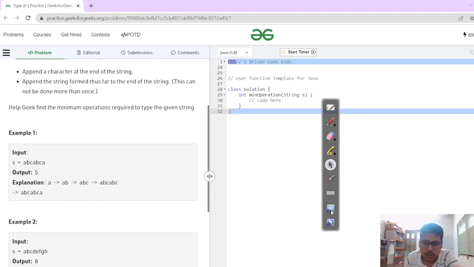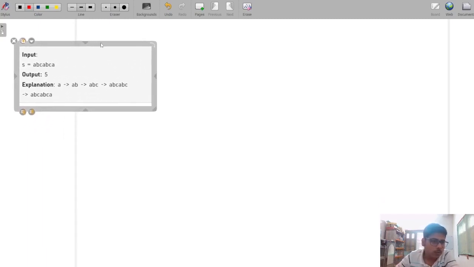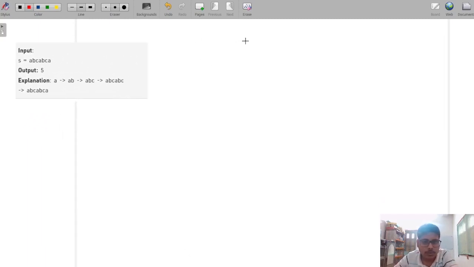Okay, so let's understand the problem using this example. What the question is saying is we have been given this string. Now we need to return the minimum number of operations to make this string. This string is given, we have to make it, and we have to return the minimum number of operations to do that. So the operations are